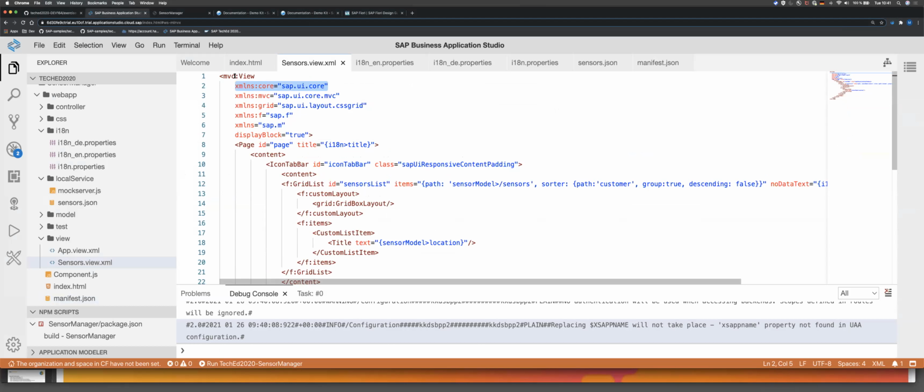Okay, so now we have added the filtering. So let's assign this filtering to our dialog. Therefore, let's go to the view, to the dialog, and there we have an opportunity to say liveChange and assign onCustomerSelectChange. Okay, reload and see if we can execute a search. Okay, so now we have an issue because